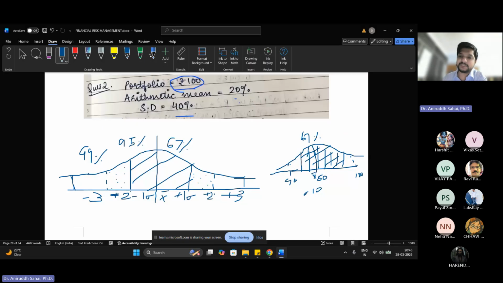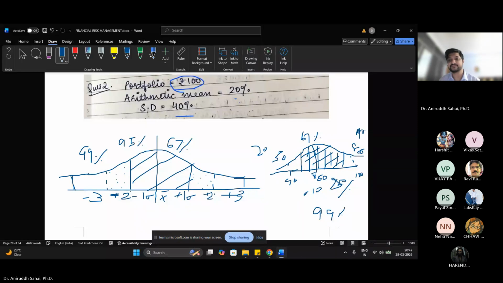If we take plus minus 2 standard deviations, that is from 30 kgs to 80 kgs, 95% of the students will be covered. That is plus minus 2 standard deviation. If you take plus minus 3 standard deviations, meaning from 20 to 90 kgs, 99% of the students will be covered over here. Okay, so this is how